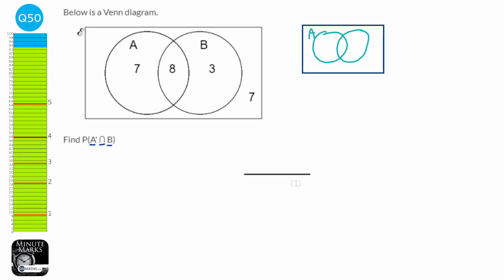So if this is A and this is B, then not A will be everywhere apart from A. So it would be all of this here. And if we do the same thing again,